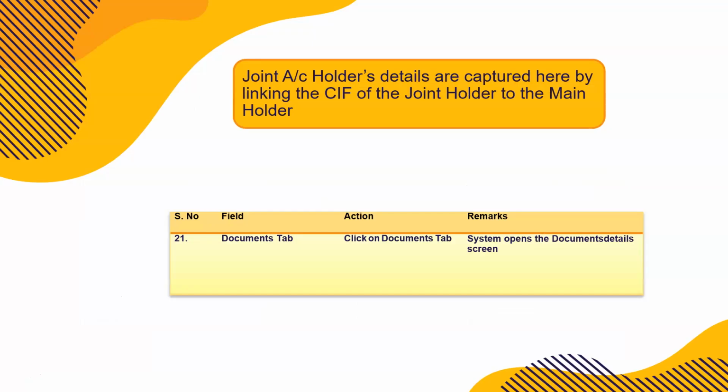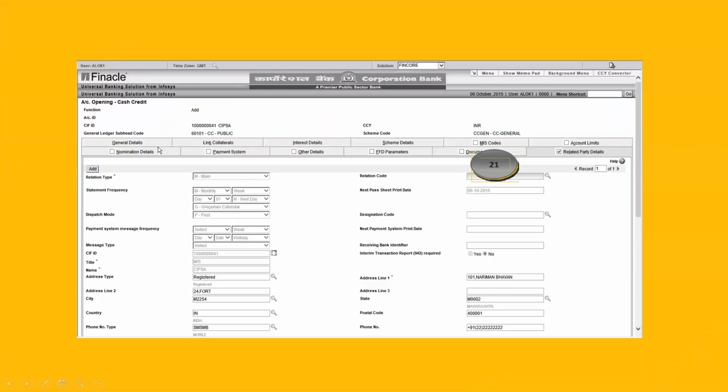Joint account holder details are to be captured here by linking KIF, or somewhere people call it SIF also. This is customer information file. We have to open a KIF ID before adding the joint account holder to the main account. So here in the document tabs, we add the documents whatever we have taken, hypothecation agreement, whatever all we can keep on adding. There's an add button also there, so you can add these details there also, right? So here you can see here, right,